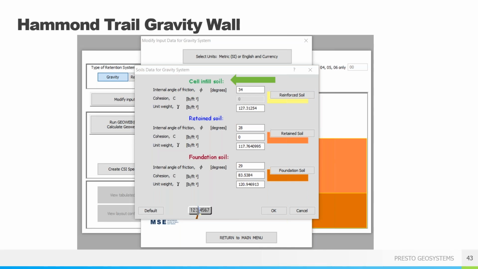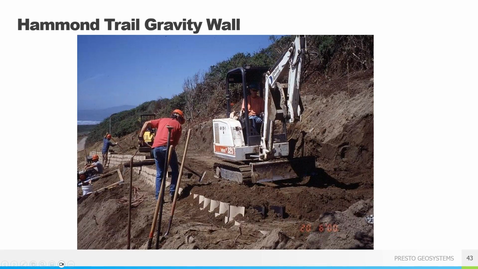That is the reinforced, the retained, and the foundation soils. Here you can see the retained soil is behind the wall, and the foundation soil is underneath the wall. And you can enter different parameters for all of those different conditions. So once you're done, you hit OK.